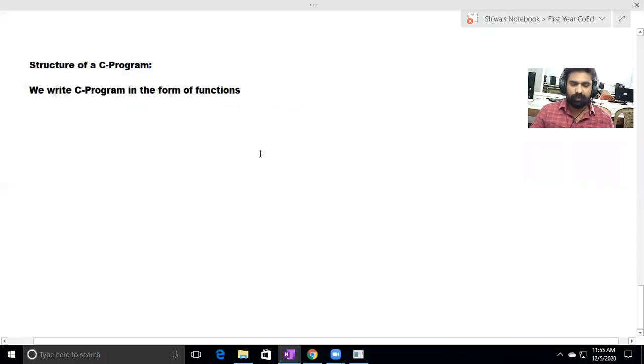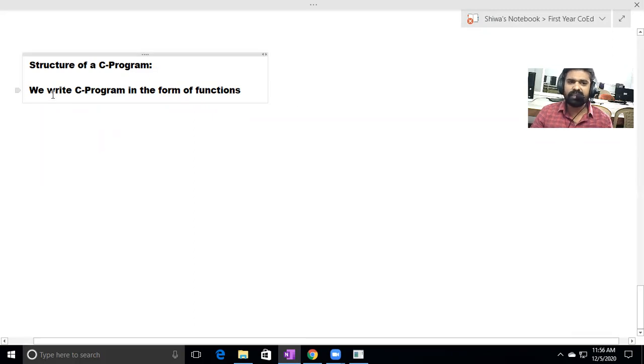Okay. You may not understand this syntax perfectly. You may not understand the structure of a C program perfectly now because you are new to the C language. You may not understand, but try to understand. After completion of half of the C language syllabus, you can get complete knowledge of the structure of a C program.